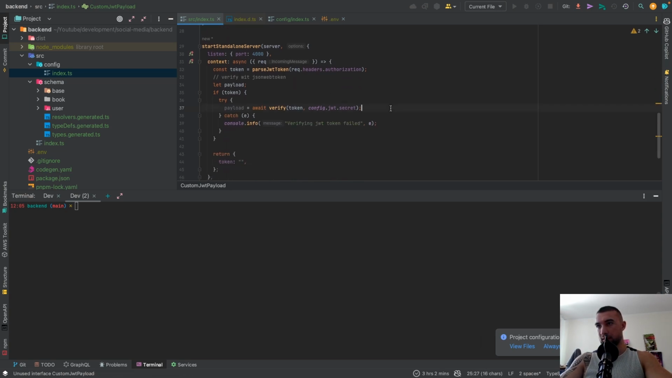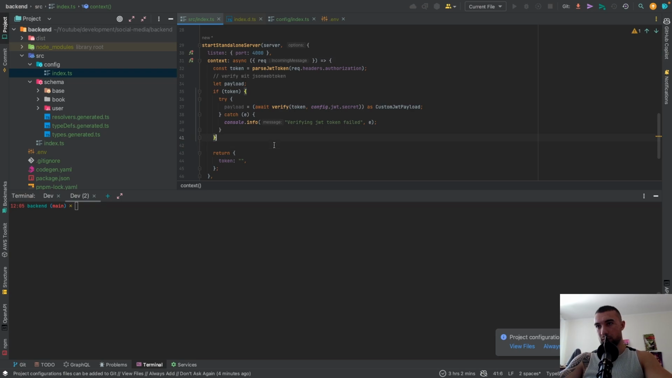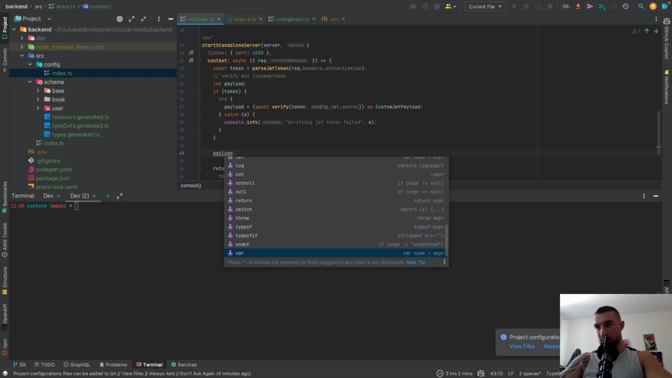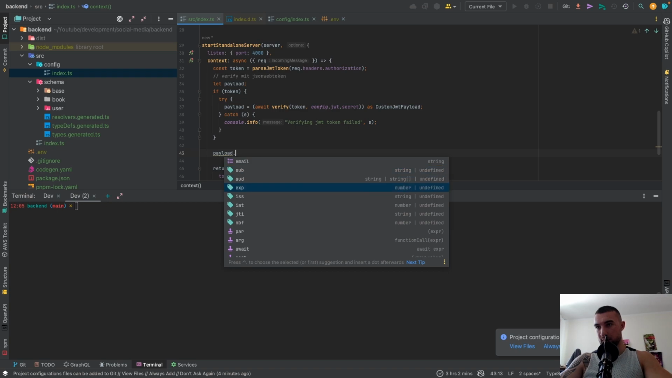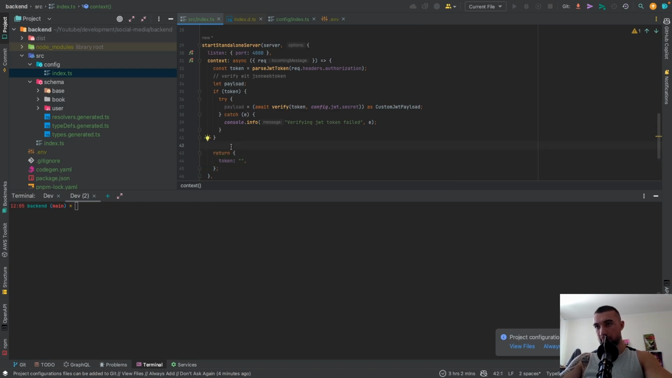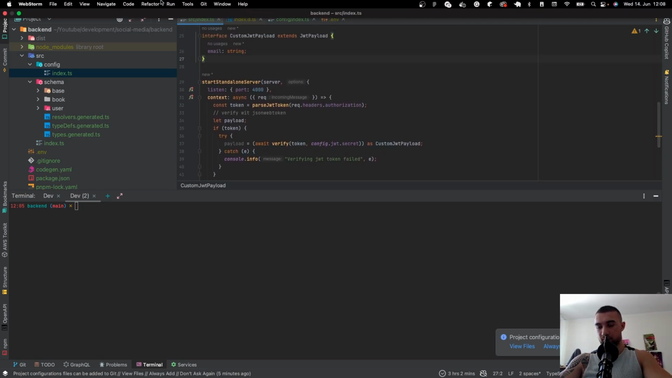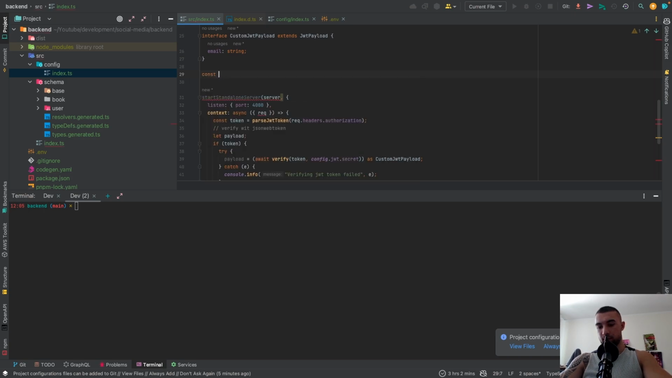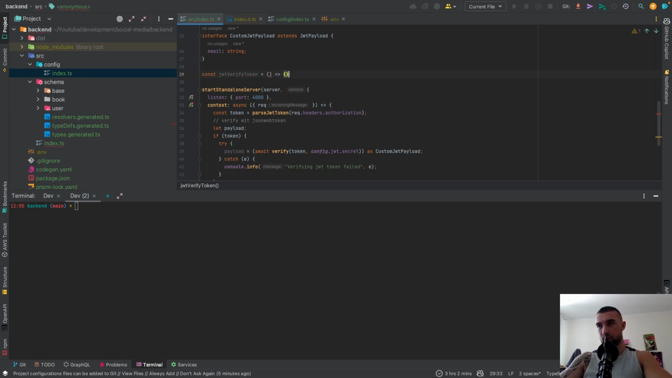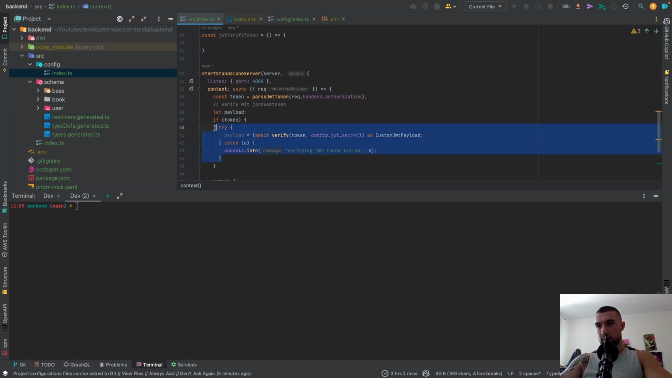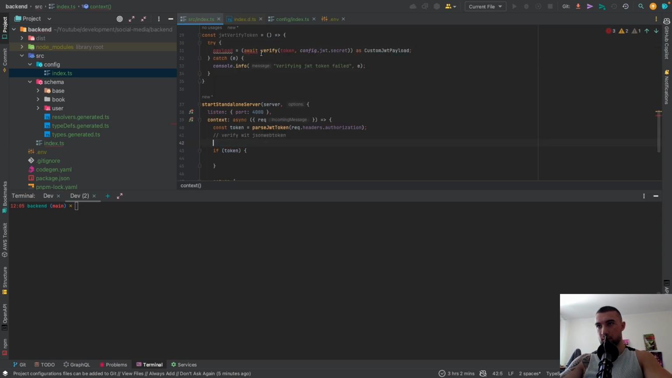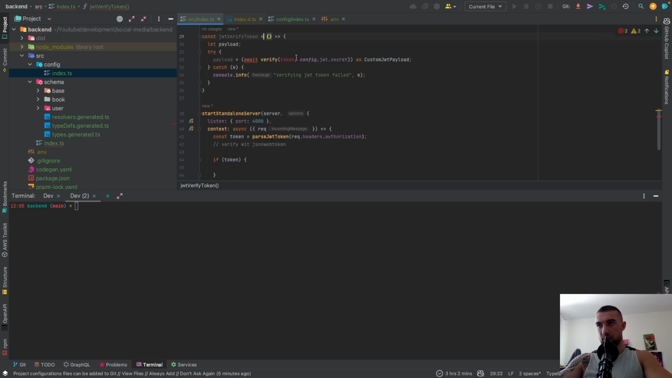and let me import verify as JWT. And now if we see the type, it has email, sub, and other properties as well. So that's cool. Let me quickly refactor this and say JWT verified token. I'll take the try catch block and implement it here,